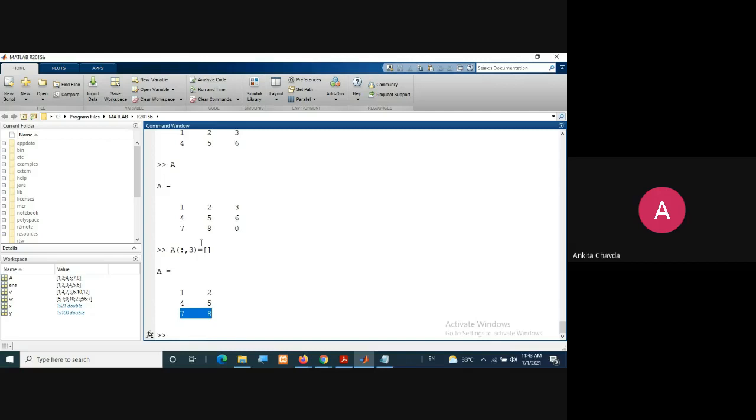In the same way, suppose I want to delete my third row. I'm saying third row. Then what do I need to write? Let me know here in chat.